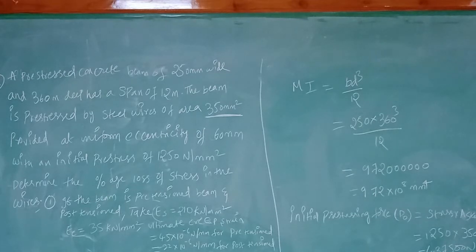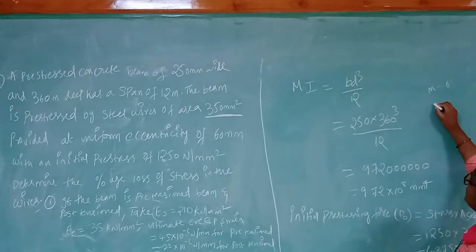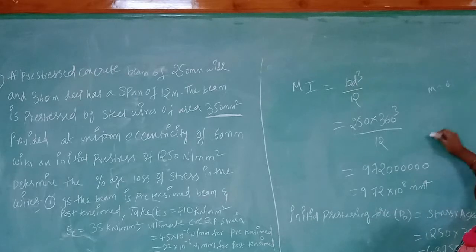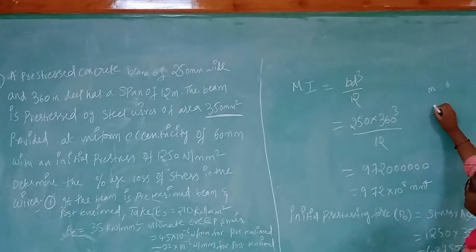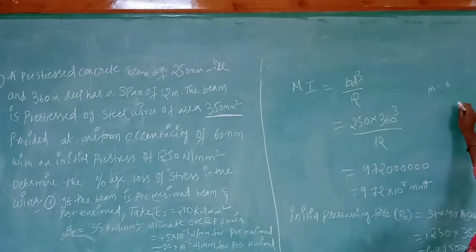Here we have got how many values? We got the modular ratio equal to 6. I think I gave you kilonewton per meter for the first one, so I am sorry for that. The units will get cancelled when we calculate Es by Ec in the modular ratio. You will be getting the value 6 there.